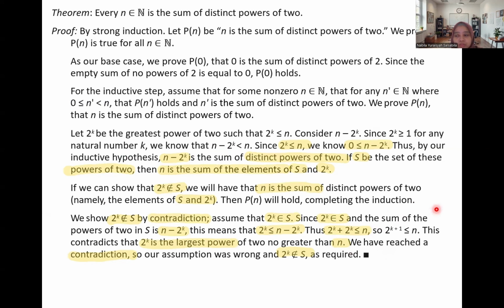Yeah. So the main point here is that n prime is actually n minus 2k. Okay. The n prime is here. Please walk through it by yourself. This is the n prime that I mean. So we want to prove that P(n prime) is true. To prove that P(n prime) is true, we must show that